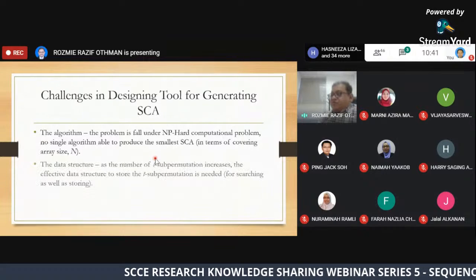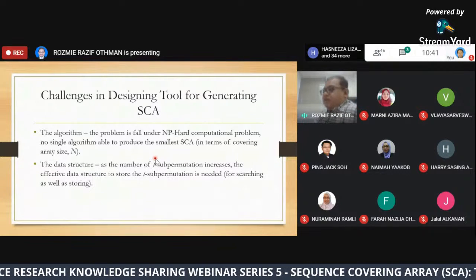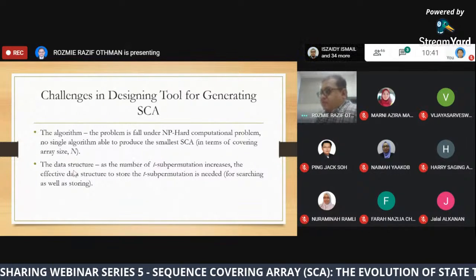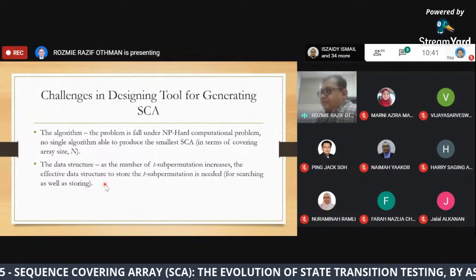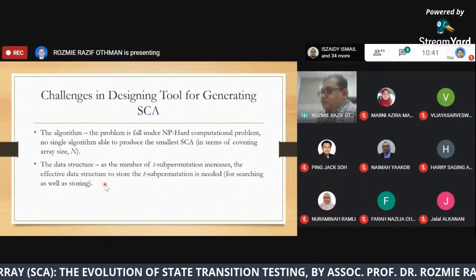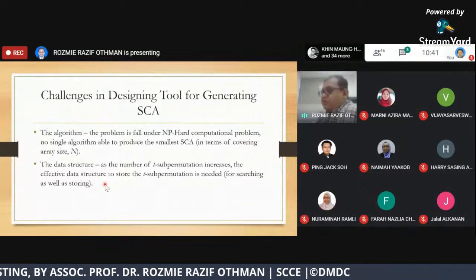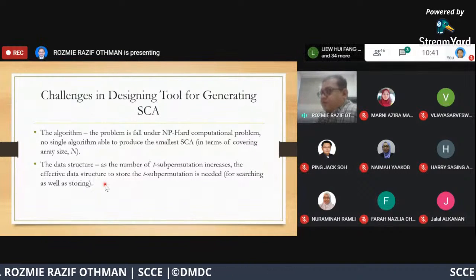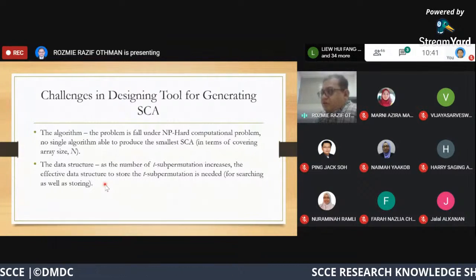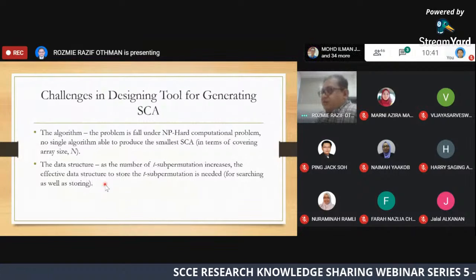Another challenge in this area is the data structure, because we need to store the T subpermutation. In generating the sequence covering array, we need to make sure that it covers all the T subpermutation.